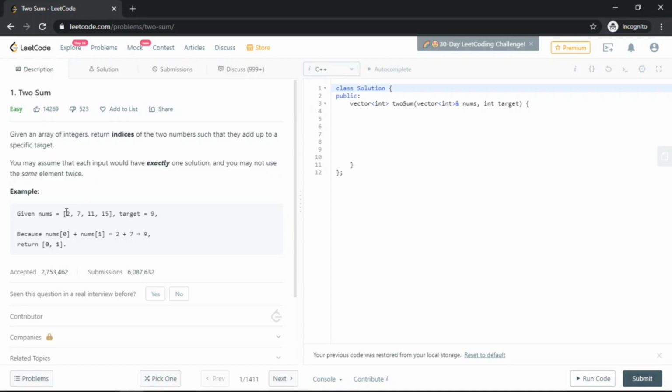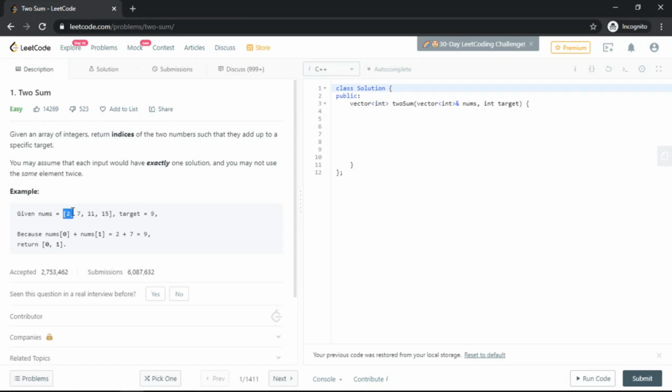So we have this array of integers 2, 7, 11 and 15, and the target is 9. So I'll be taking two elements that add up to 9. The basic solution we can give is the brute force solution, which looks something like this. We select one element and add it to each of the other elements to check which sums to 9.